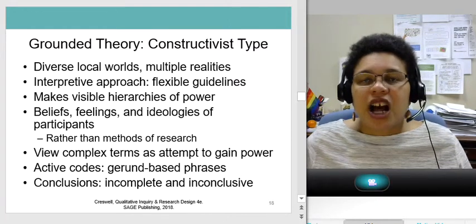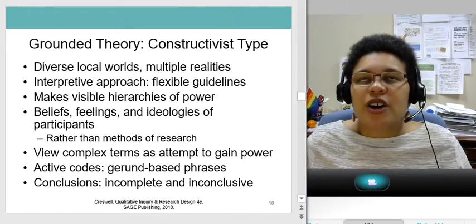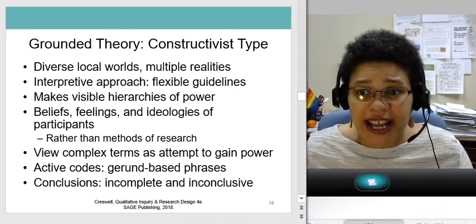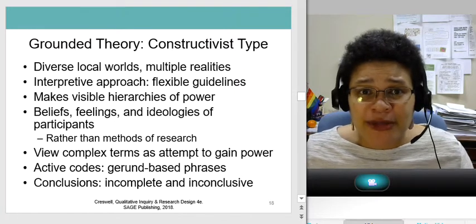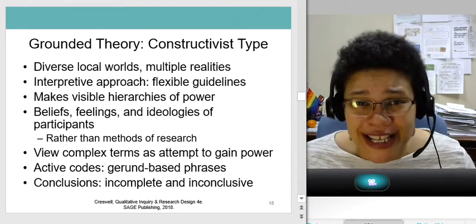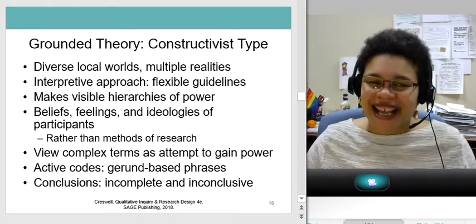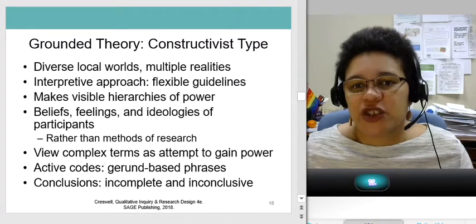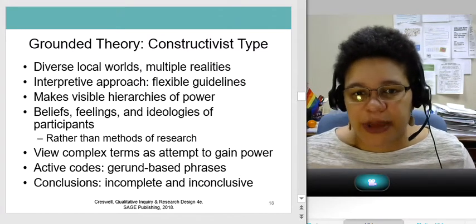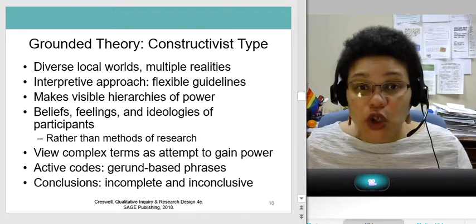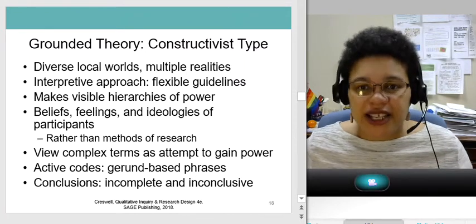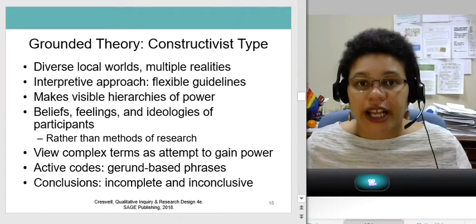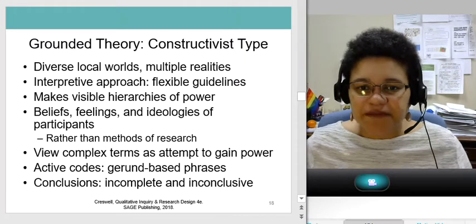If I were trying to prove that qualitative research was as good as quantitative research, then I might want to use terms that few people understand, because that's what quantitative research seems to do sometimes. But we don't necessarily do that from the constructivist perspective. Active codes are gerund based phrases: learning, teaching, running, hiding, those kinds of things.